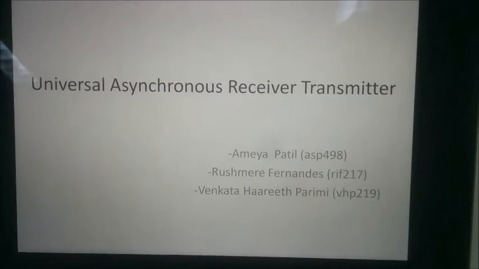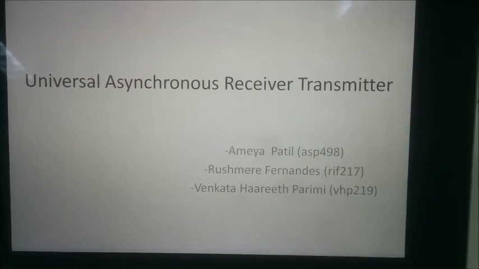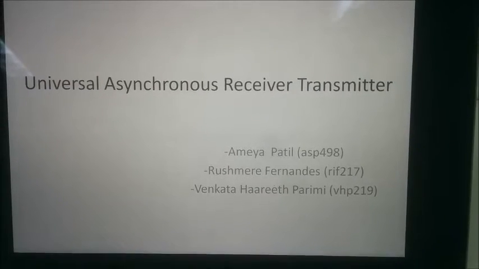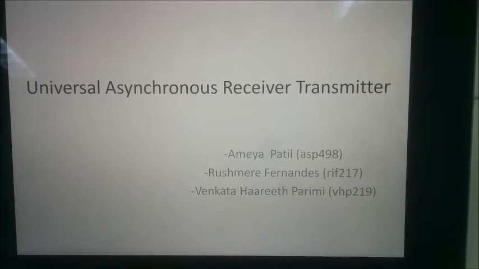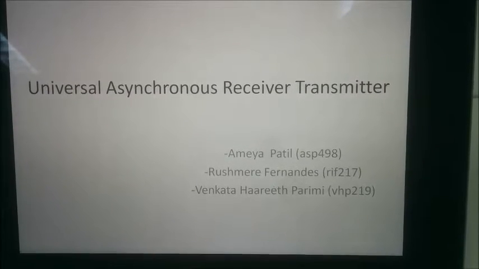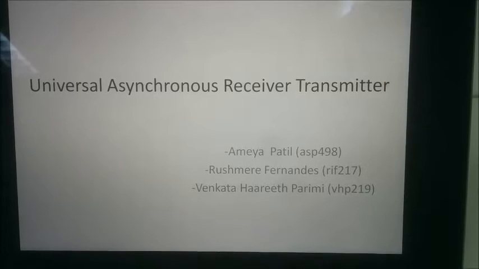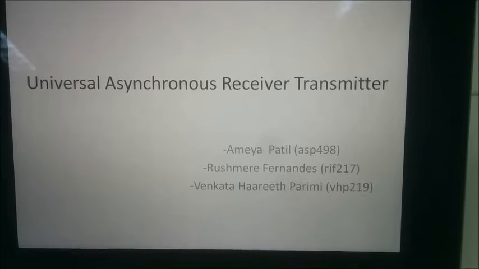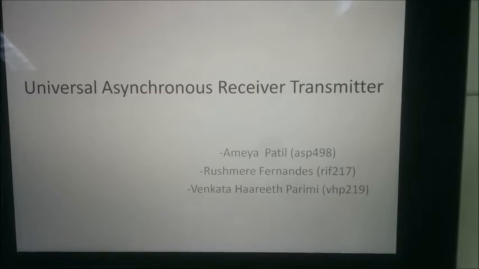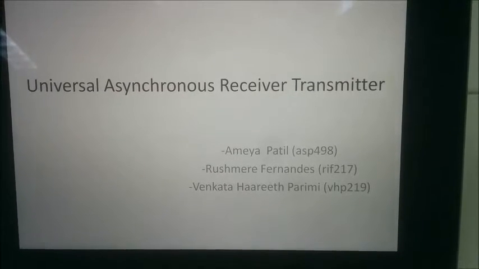Welcome. We are going to do a demo on our project, FPGA implementation of a universal asynchronous receiver and transmitter. UART is a communication protocol which facilitates transfer of data between different I/O modules. The basic function of a UART is to send blocks of data, which it then converts into serial bits. Similarly, it will receive serial data, which it will reassemble in the receiver.